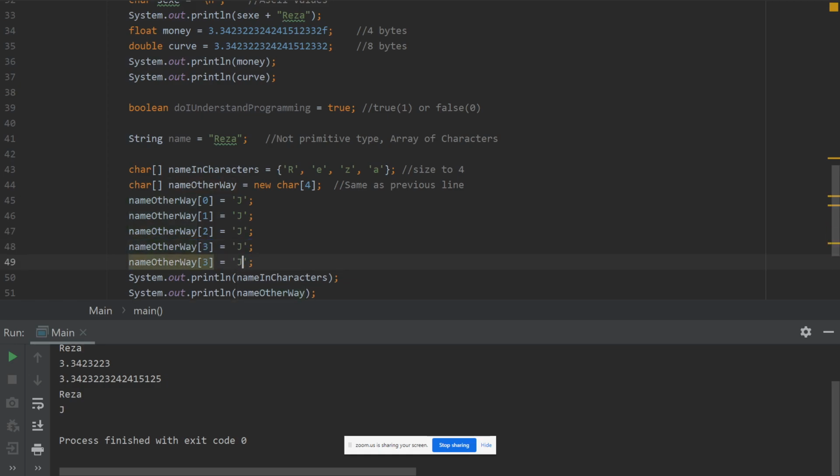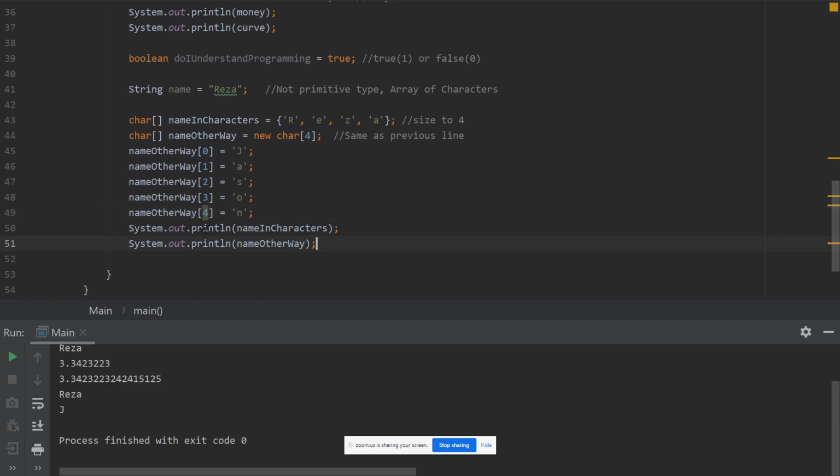Let's add another one at position 4. So let's call this guy Jason, right? Now if we run this, already, if you notice, we have a yellow thing over our number 4, right? If we put our mouse over it, it would tell us, hey, are you sure about this? Because you have an array index out of bounds. So the problem is, we gave it a size of 4,